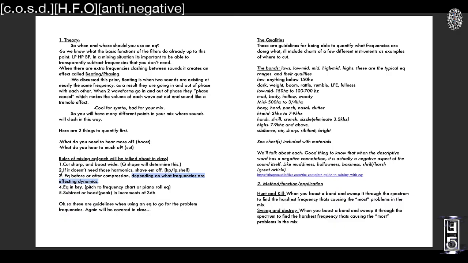So this is the most general way I understand it, because I don't like to choose one before the other in an always sense. I never always EQ before compression, or vice versa. It depends on what frequencies are affecting dynamics. That's the most basic reason why you would use an EQ before or after a compressor. If you had a ton of low end hitting your compressor, you would shave it off. Easy fix. If somebody says always EQ after compression,